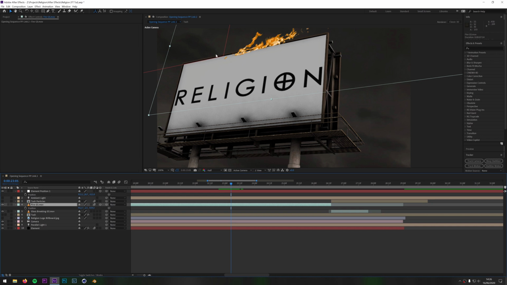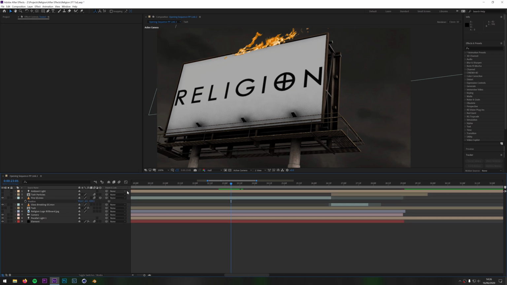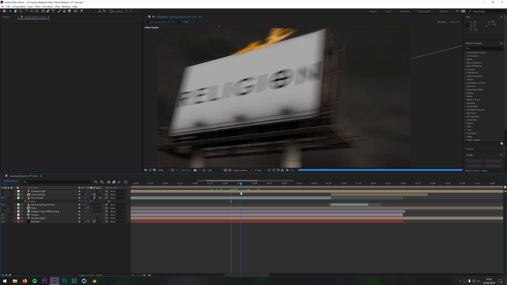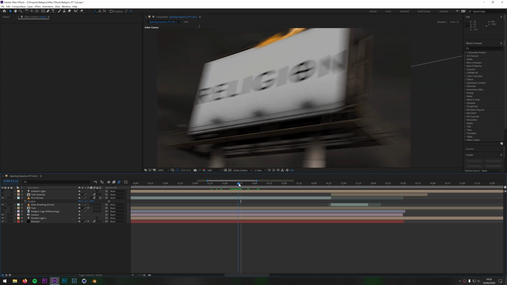And then it's going to be in the position of that null. Or you also want to make sure that you make the layer with motion blur as well. Because if you don't add motion blur, what's going to happen is, when you get to a part where there's motion blur on it, so here, you've got motion blur on the whole scene. If you don't have motion blur on the fire, then it's just going to be like that. So you need to make sure you add motion blur to that as well.